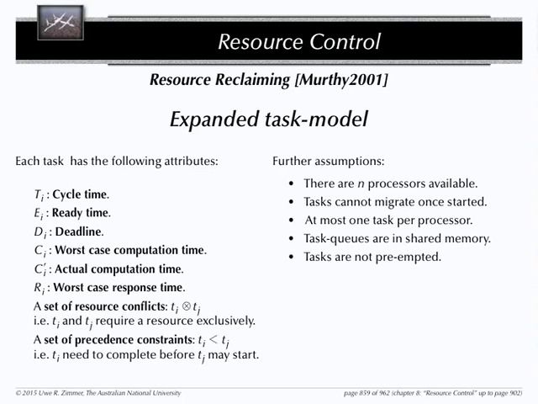Now we have the actual computation time, obviously, because we want to reclaim something, we need to know how long it actually took. Worst case response time is obvious, and then we have two sets which are expressing mutual exclusion conflicts and precedence conflicts. That you know that something always has to be completed before something else starts, or they're mutually exclusive.